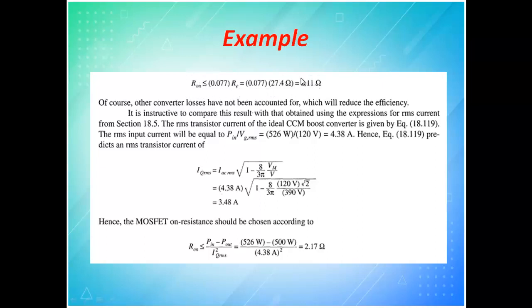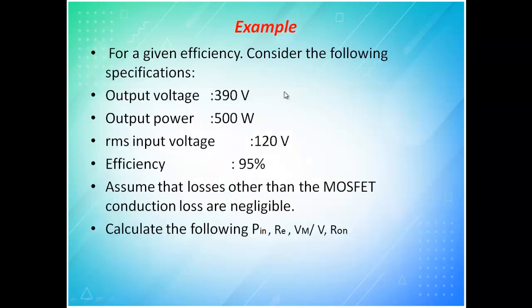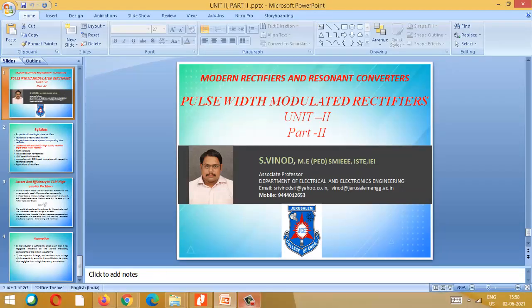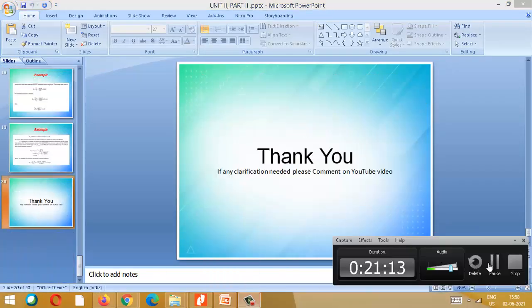So now you have got this. With this, go to the data sheet. In the data sheet of any particular MOSFET, they will tell what the R on of that particular MOSFET is. Try to bring it, and if you put that MOSFET, then only you will get the output power of 500 watts. Otherwise you will not get this 500 watts of power itself. This is because of loss. Loss tries to reduce your output power as well as your efficiency. So this is how it is very useful for your design. With this we will stop the class.